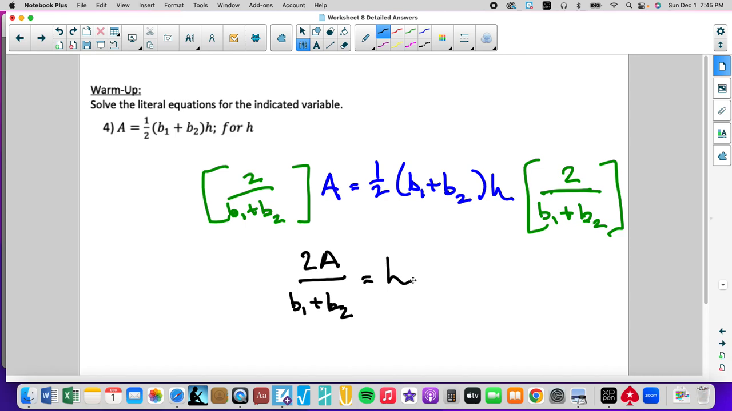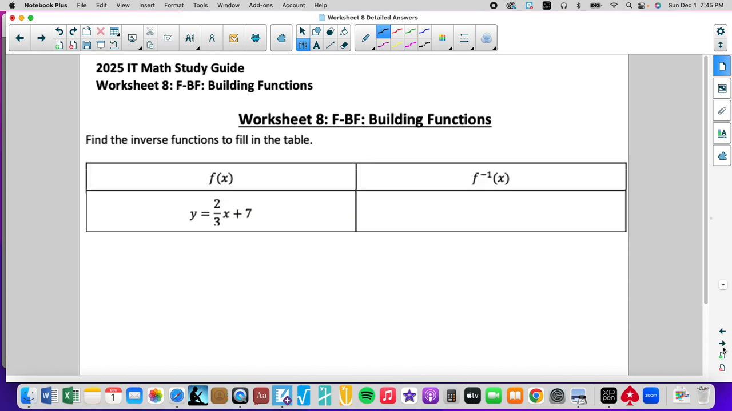That's good. If you can do it that fast and see it, that's the important thing. That's the level you want to get to isolating variables. All right, now we jump to